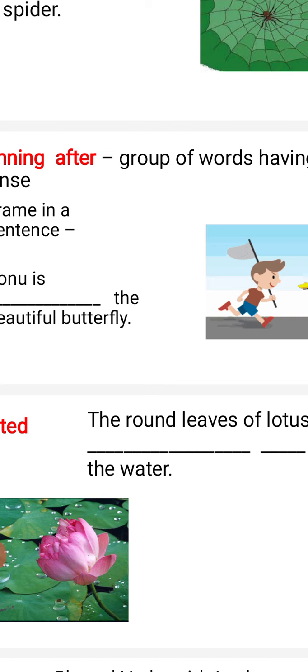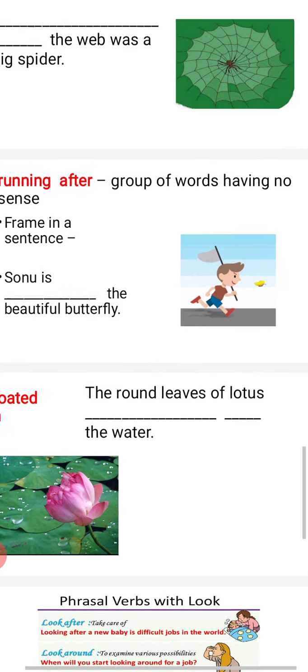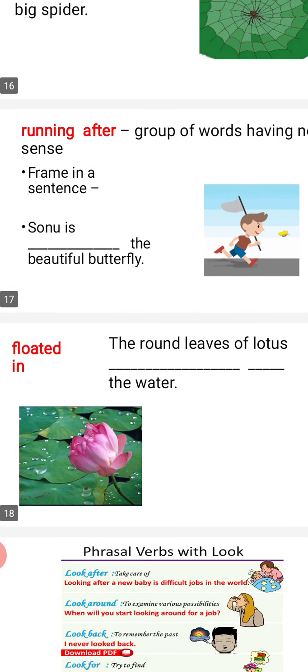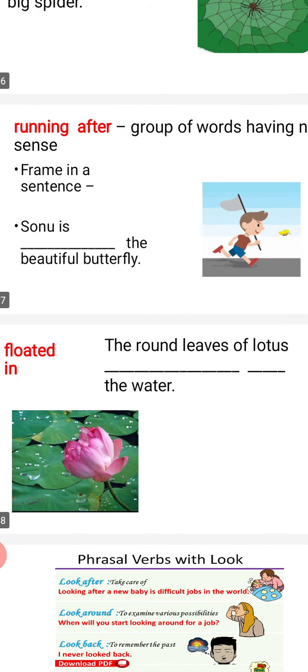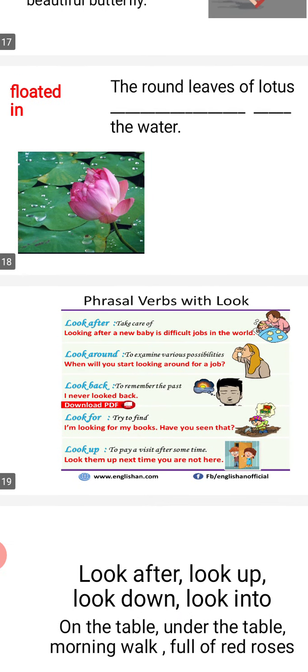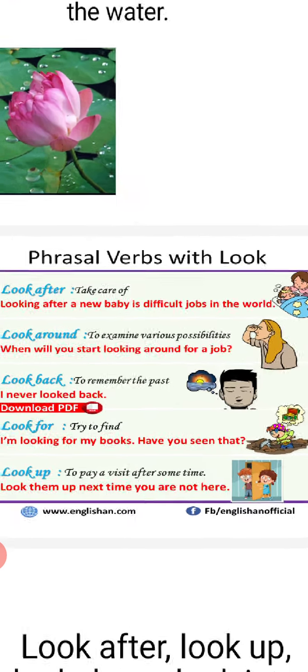Here, running after. A group of words having no complete sense. Frame it in a sentence: Sonu is running after the beautiful butterfly. Here I have written the present form. Now floated in, it is also a past form. The round leaves of lotus floated in the water, or you can write floated on the water. In this way,